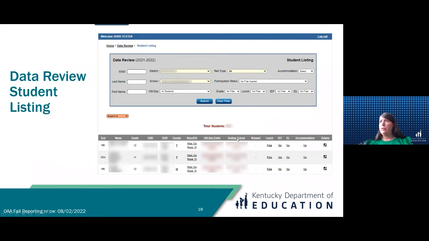You'll see where the students were tested, the testing school, whether it was yours or somewhere else in another district. You'll also see the non-participations. Any non-participations that you've already got approved will be right here in this column. And like I said, if a student tested, they would not have a non-participation here. It's for students that do not have a test score.